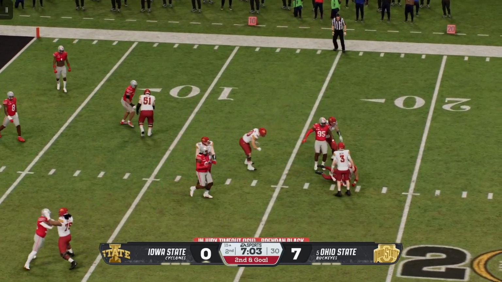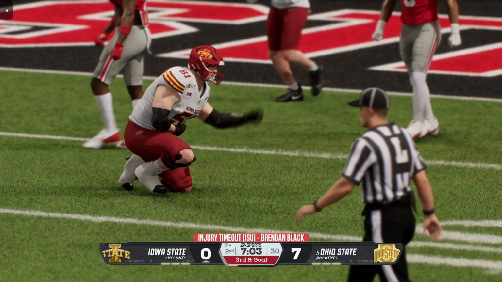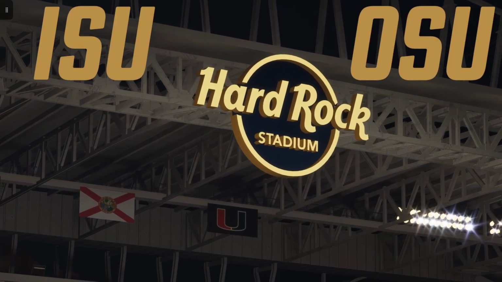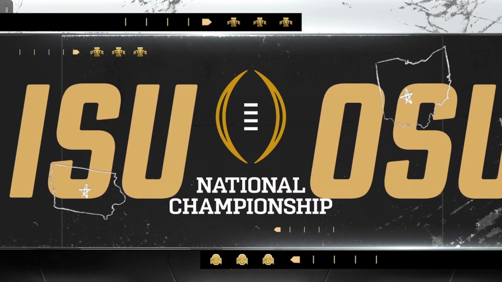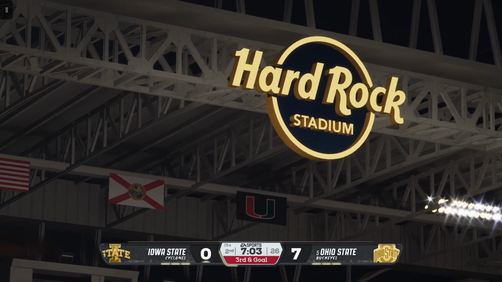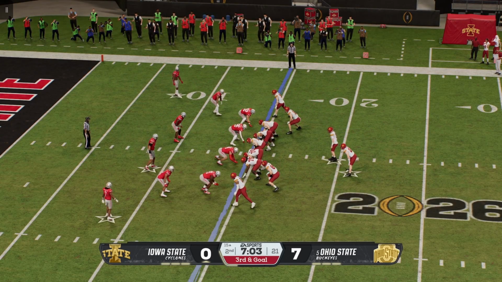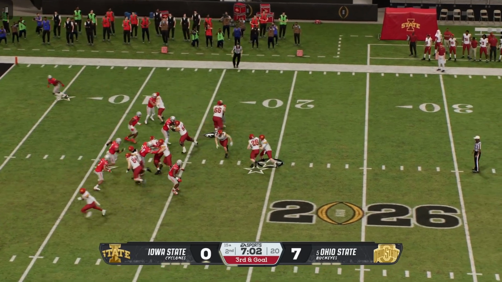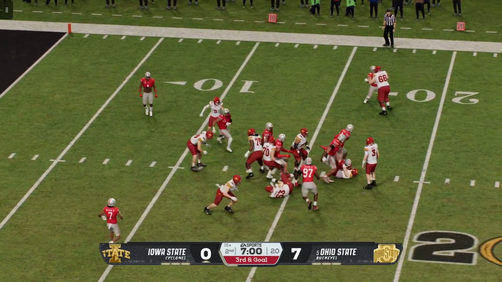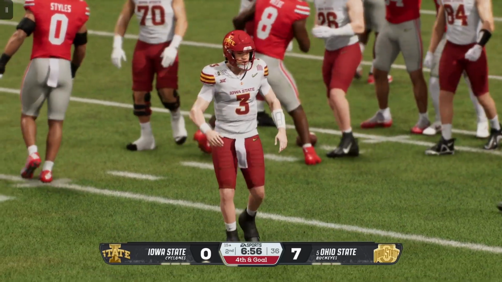They'll try to power it in right up the middle. Going absolutely nowhere. That'll be a loss on the play. Looks like a player is down injured at that last play. We'll take a timeout while they check it out. The offense has been moving backwards here. Now a long way to go on third and goal. And the ball is handed off out of the shotgun. Nowhere to run. They'll corral him for no gain.